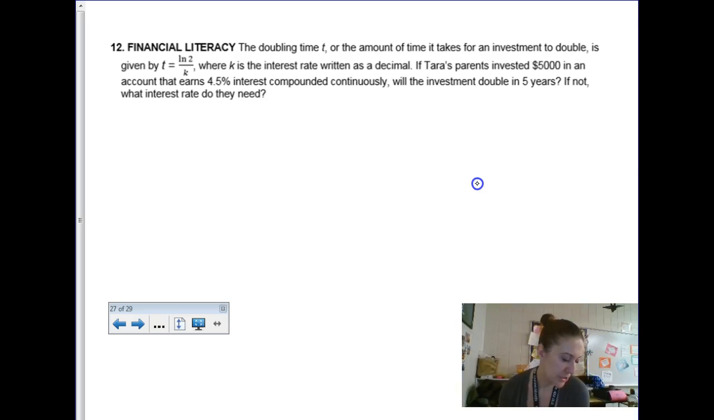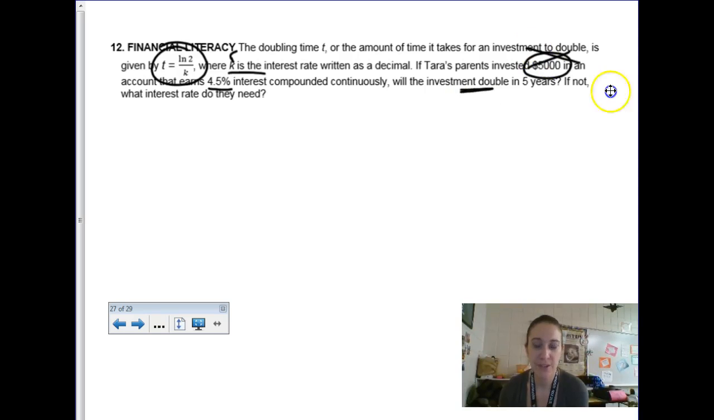So another financial question, similar formula here. T equals natural log 2 divided by k, where k is now the interest rate, which you usually say R, so don't panic, as a decimal. So $5,000. And they want it to compound continuously at 4.5%, and they want it to double. So the $5,000 is actually not necessary for these doubling problems, and that's why you see a 2 in the formula. It doesn't matter how much money you start